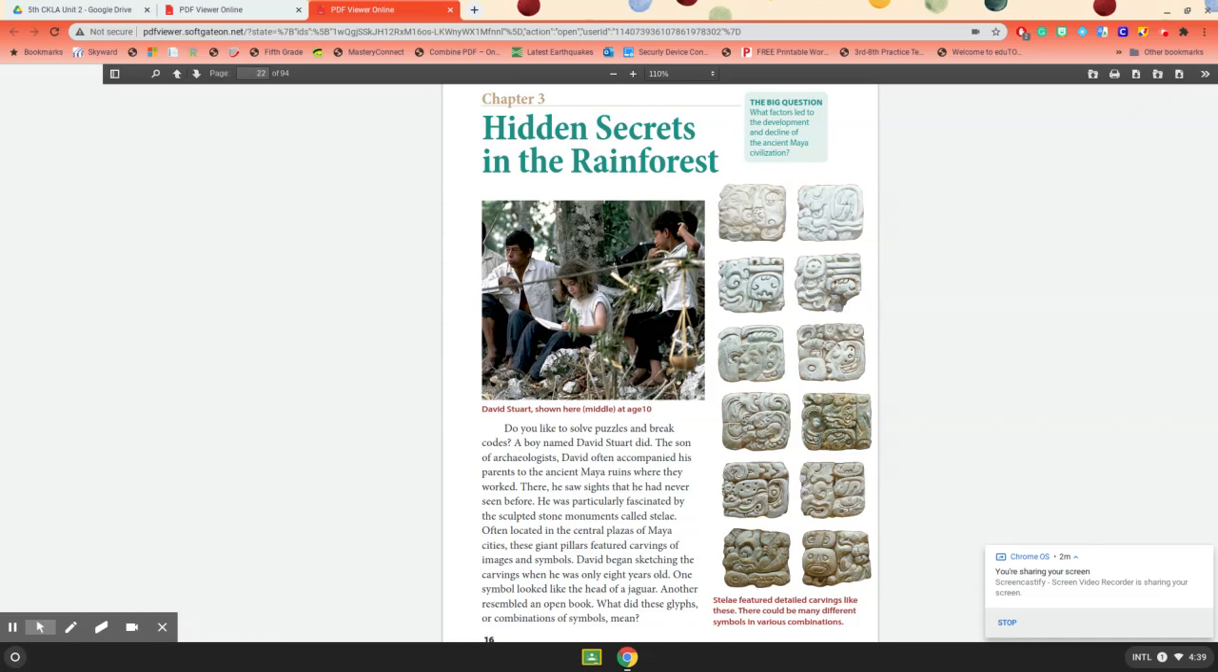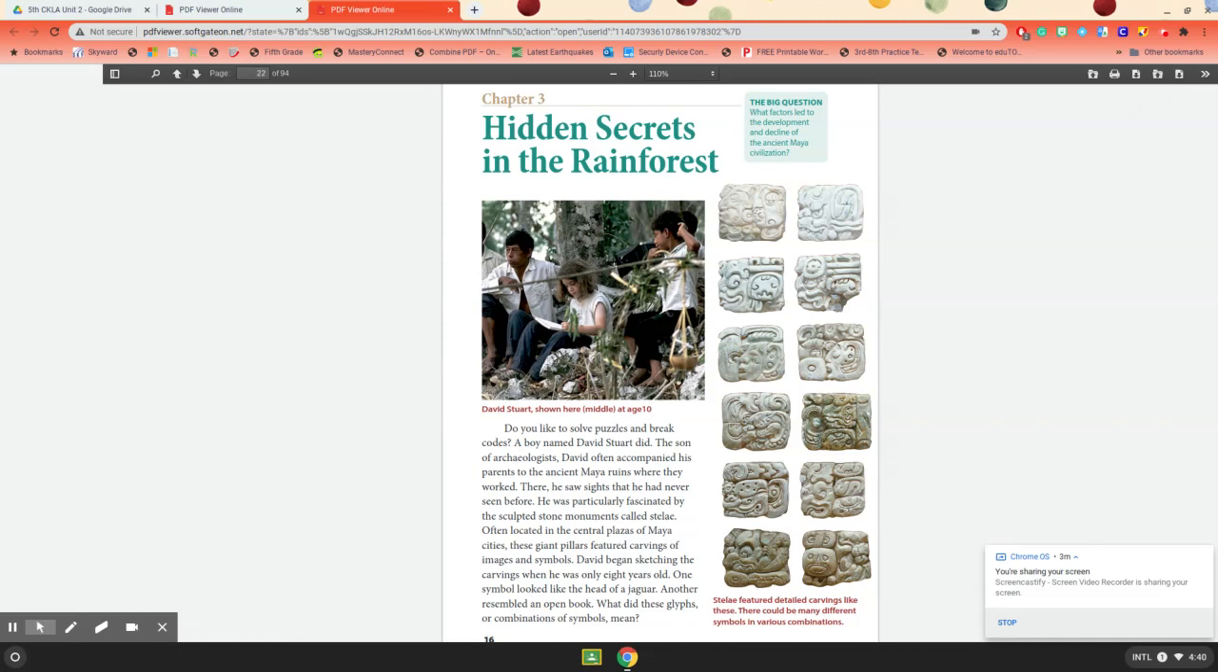David Stewart, shown here in the middle at age 10. So if you look at that picture, do you like to solve puzzles or break codes? A boy named David Stewart did. The son of archaeologists, David often accompanied his parents to the ancient Maya ruins where they worked. There he saw sights that he had never seen before. He was particularly fascinated by the sculpted stone monuments called steles,